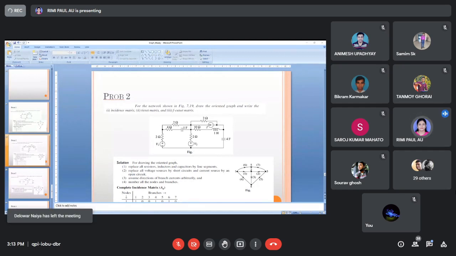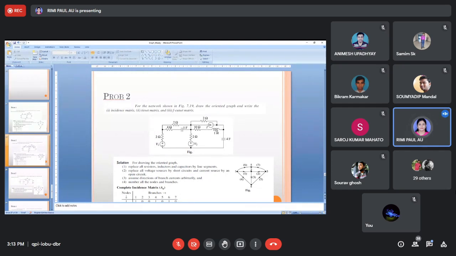Hello. So we can see that here is 1 and 1, 2 and 3. This is 4, this is 5. Between 1 to 5 there is one branch, so we are numbering it first. From 1 to 4 the voltage source is present, so one branch is present. Here one branch is present, here also one branch is present, but here no branch is present because it's a current source.